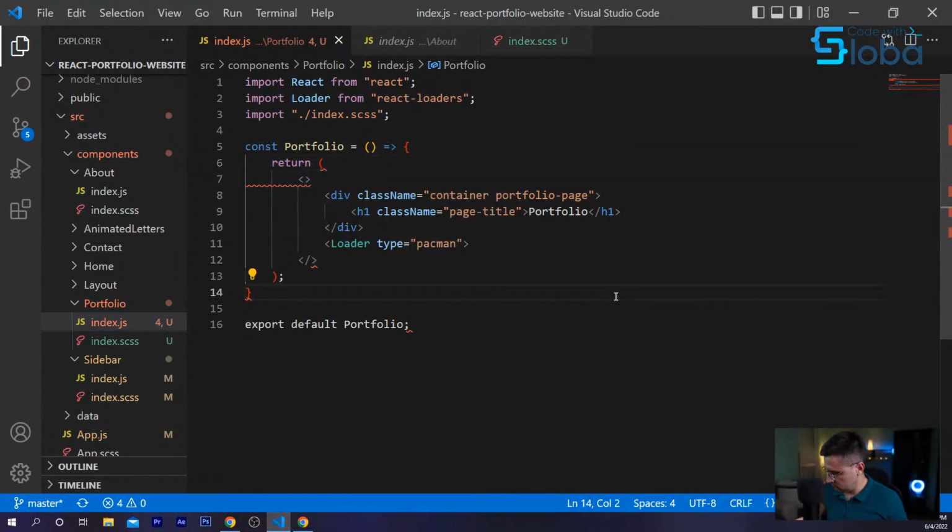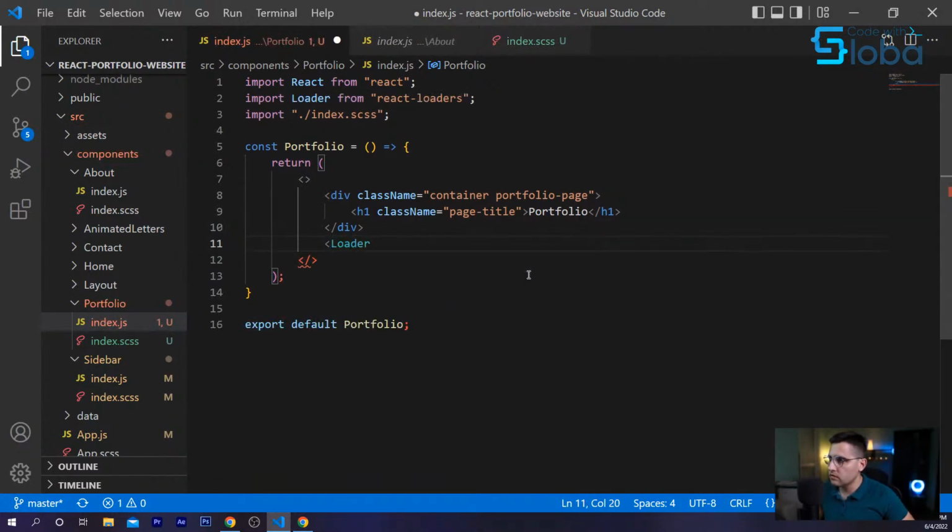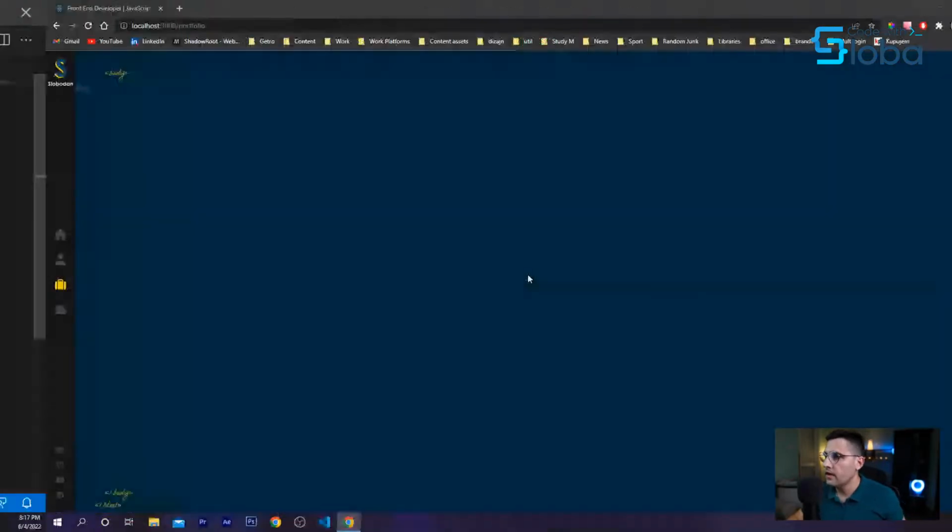Let me just see. Okay. Type is equal Pacman. Okay, nice. Sorry for that. And there you go. So if I refresh the page, you can see that we get this nice loading animation.